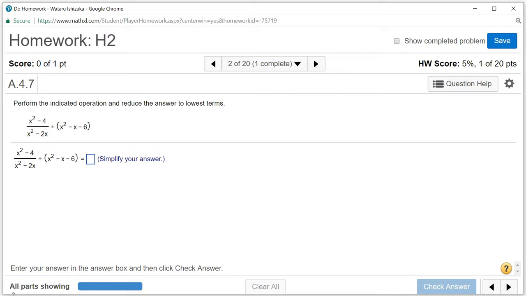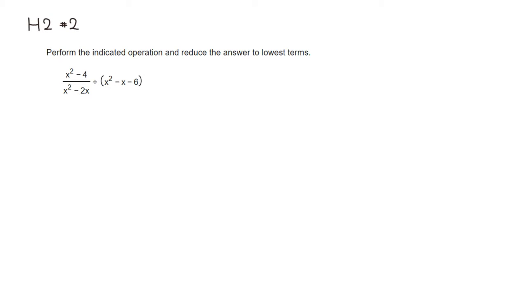All right, let's look at homework 2, problem number 2. Let's simplify the following expression. First thing I would do is factor out as much as possible. So this is going to be equal to,